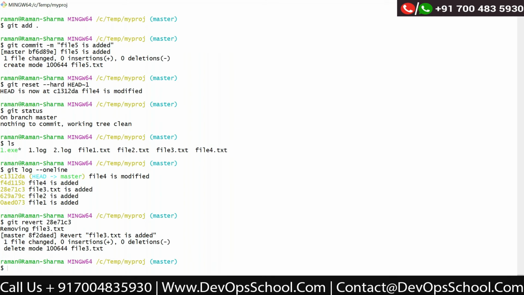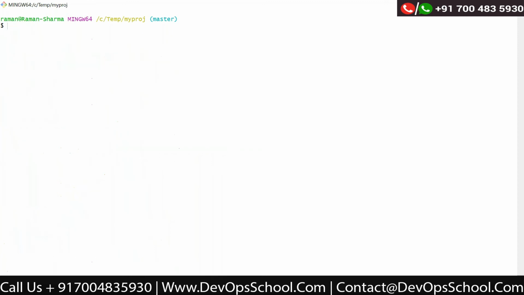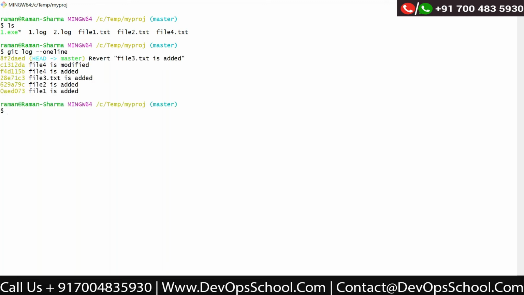Okay, so what it has done is delete mode for this particular file. Now if I say ls, see file 3.txt is not there. Let us check our log. So you can see that there is one more commit added, and this commit is saying I have reverted the file 3.txt.